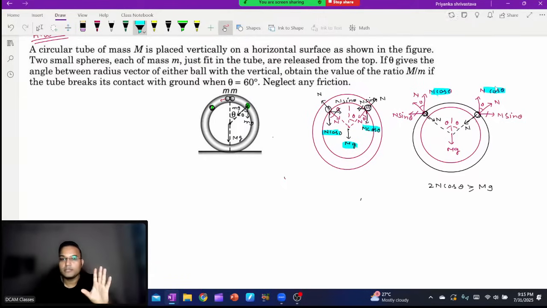Now you have understood the situation. Now tell me how you are going to find out the value of this small n and the capital N. And if you find out the value of n, you will be able to substitute it here, and then you will solve it. Everyone understood the situation now? Why it is getting lifted off?